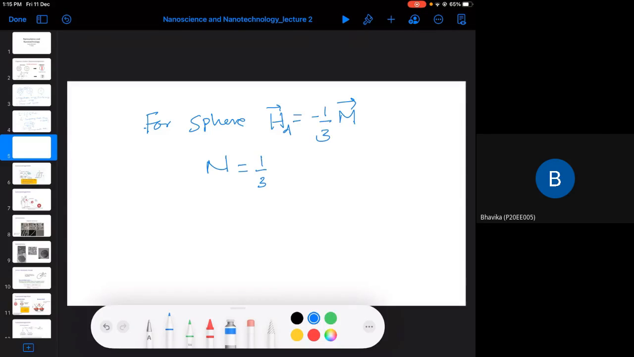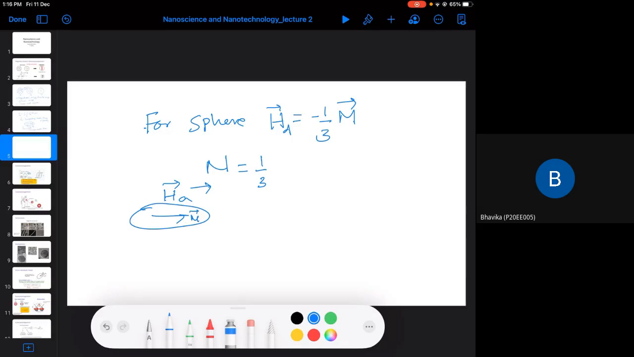But for arbitrary shapes, this is very difficult to calculate. So what this HD is actually doing is, let's say I take a ferromagnetic body and I am applying a magnetic field HA. Okay, so this is my external field HA. But what will be the field? This is a ferromagnetic body M